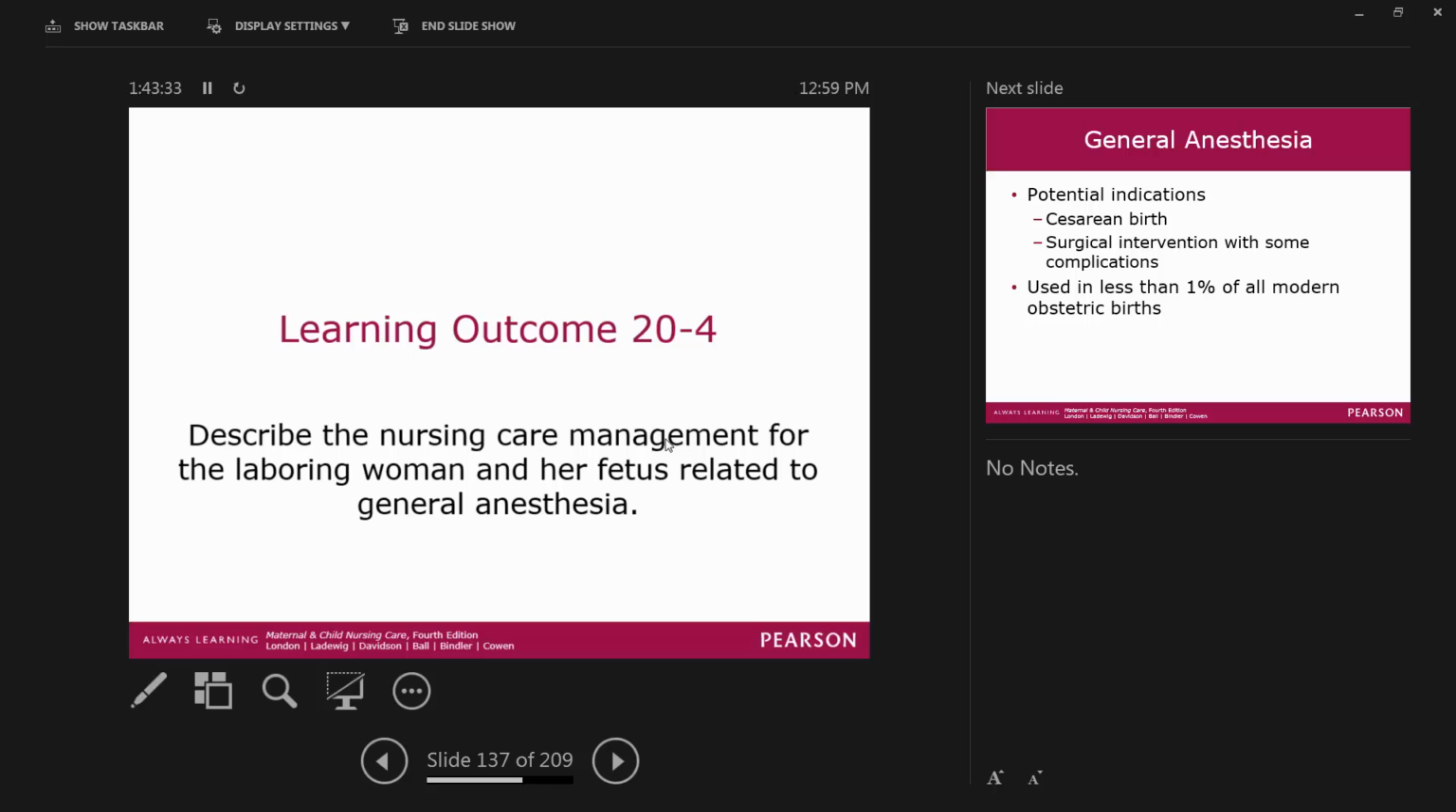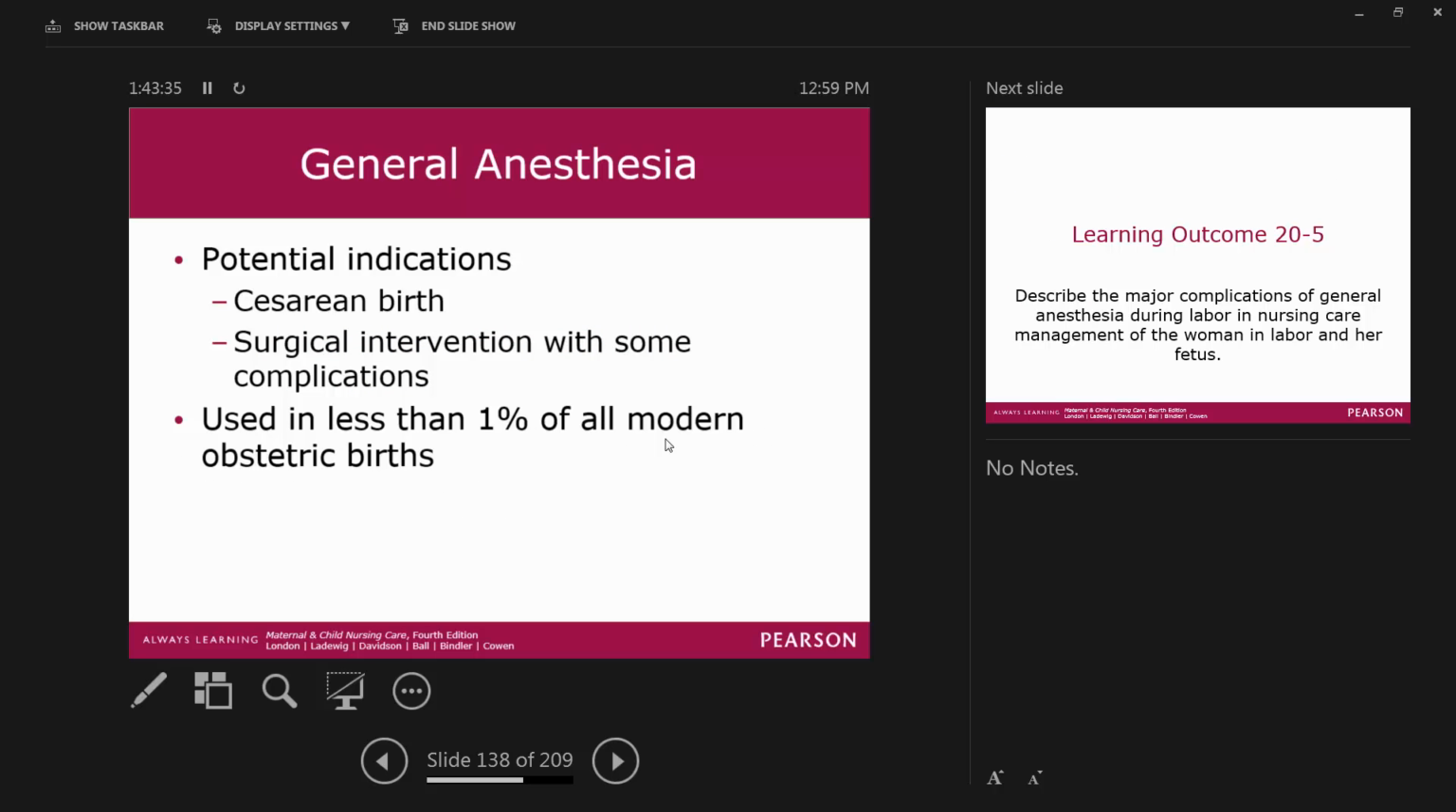All right, general anesthesia is another way we can give it. It's not actually pain medicine, but it's putting her to sleep. These are reserved for emergency C-sections, or C-sections where they absolutely can't get the spinal in. They've done everything they can and can't get the spinal in, or they got the spinal in and it's not working. But usually it's reserved for